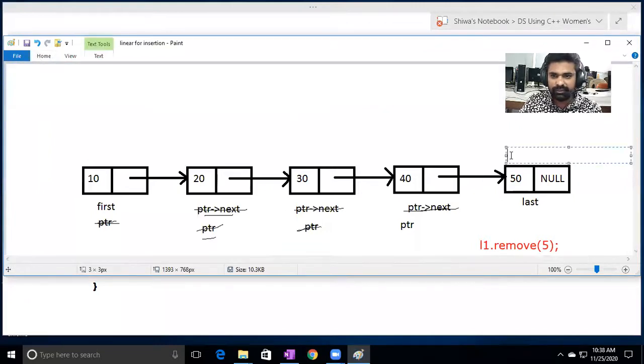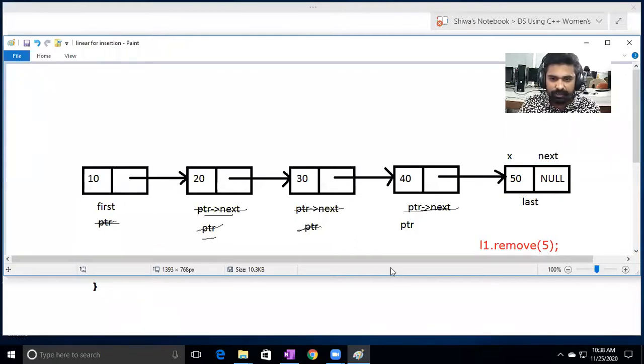This one is X, this one is next. So if this one is the pointer, now this is the pointer, so this one is what? Pointer next.